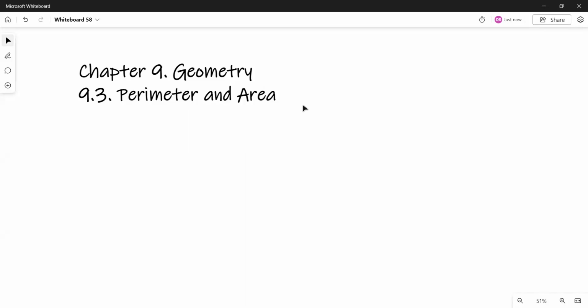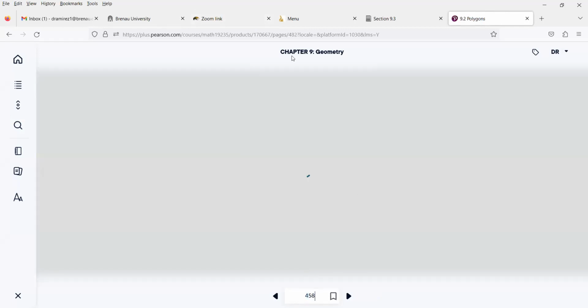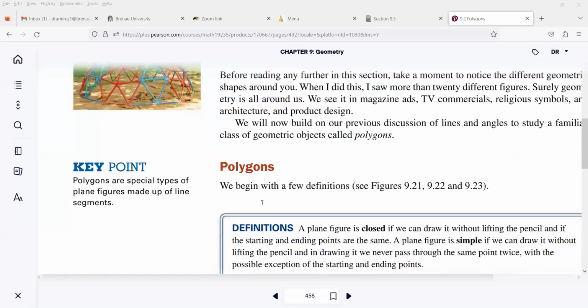And I'm sure you have seen most of these formulas before. It's basic geometry, like the perimeter and the area of a rectangle, a triangle, a circle, and so on. So I'm going to read a couple of definitions from the previous two sections. On page 458. Okay, so from the first section,